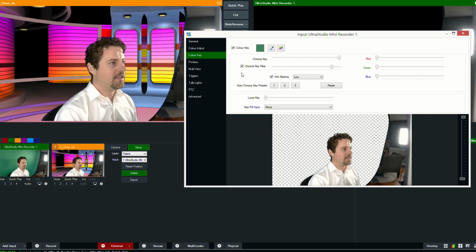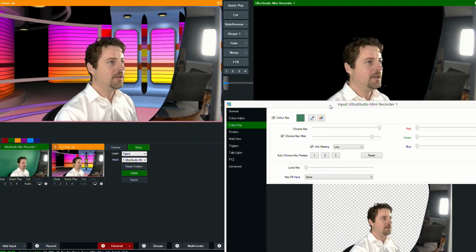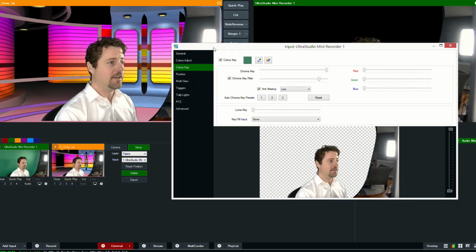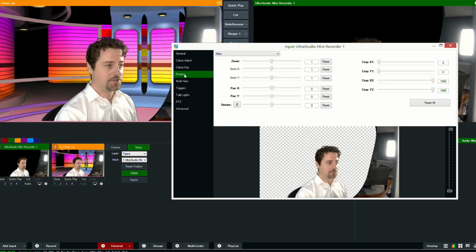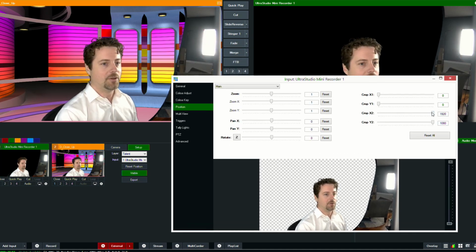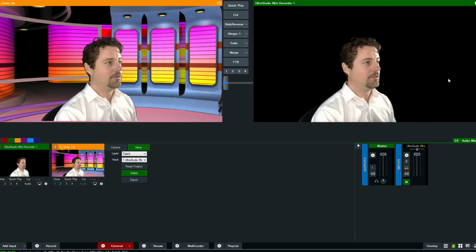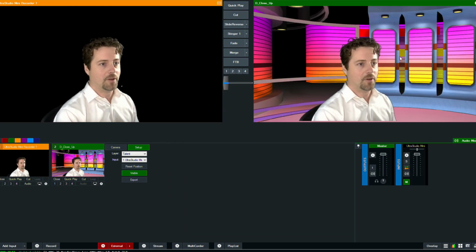This preset has given me most of the removal of color that I want, but you can still see there's some elements. You can see part of the office here, a little bit of chair and rug that we don't want. So that's done under the next tab down called Position. And under Position are some settings called Crop. We want to crop from the 1920 side of things. So I'm going to crop over until it's gone. And now you can see in my program output that I am in front of this